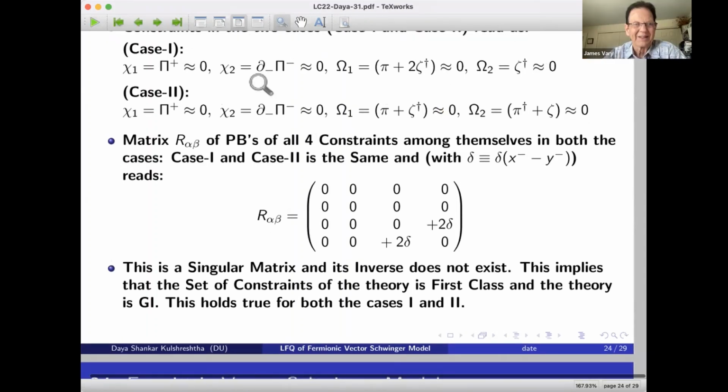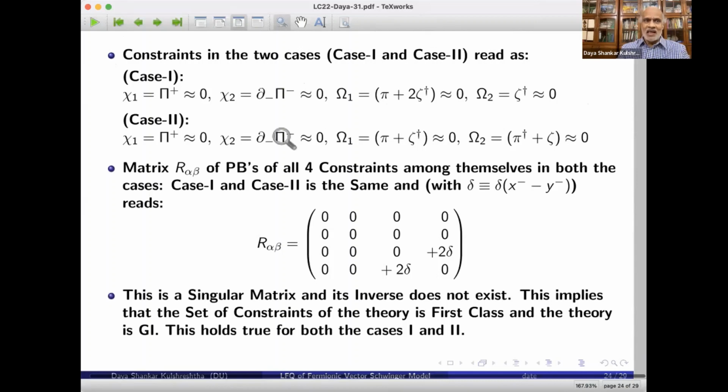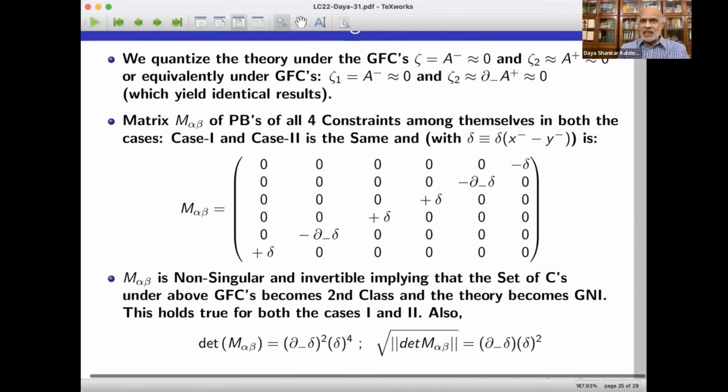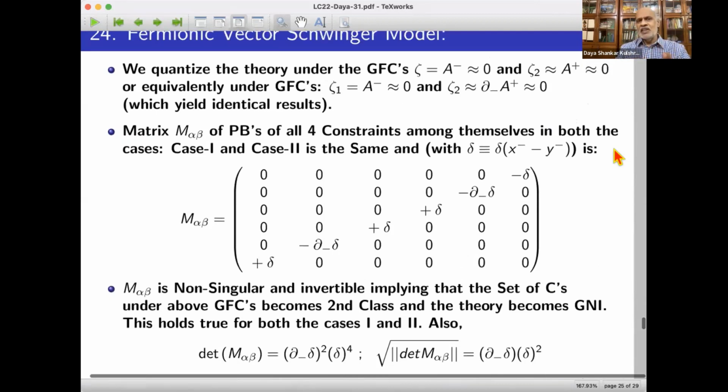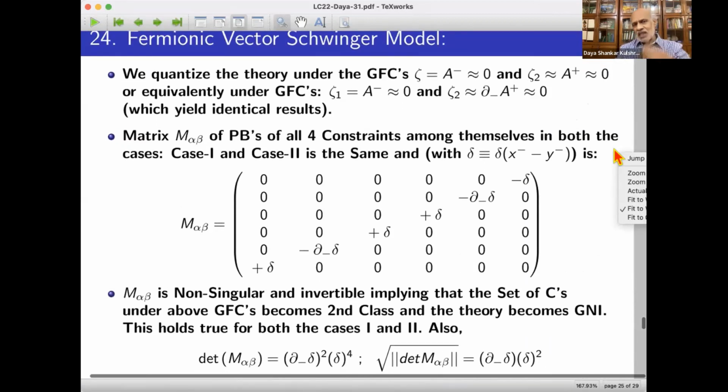So we must choose the gauge fixing conditions in such a manner that they are consistent with this procedure. That matrix must be such that I can invert it. I must be able to write down a matrix which is invertible like this. I have shown these two explicit examples, one corresponding to the instant form quantization and one corresponding to the LightFront quantization. And if you look back at my last year's work or talk,